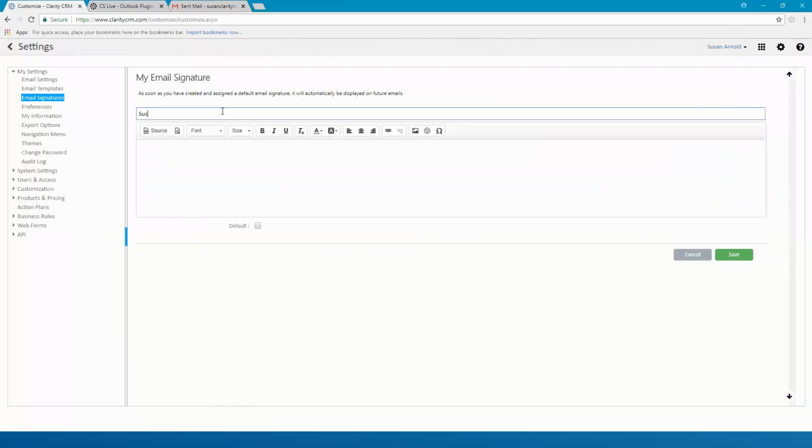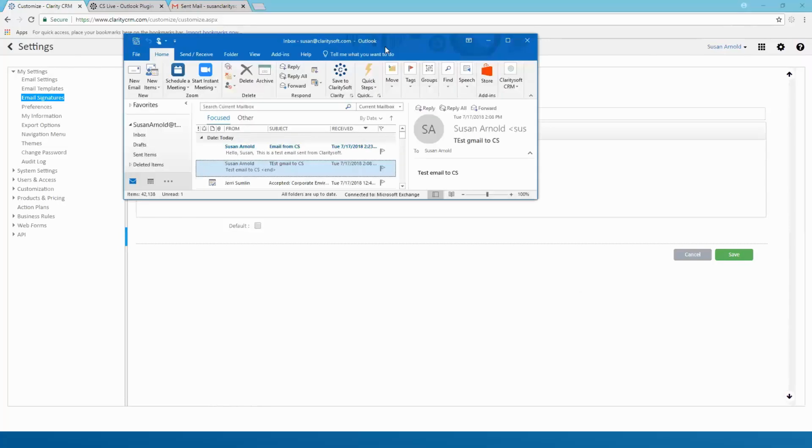And I'll type whatever name you want to call it. And then you click in the body of the text. Now you could create your signature from scratch if you wish, or to save you time, you can go to your Outlook